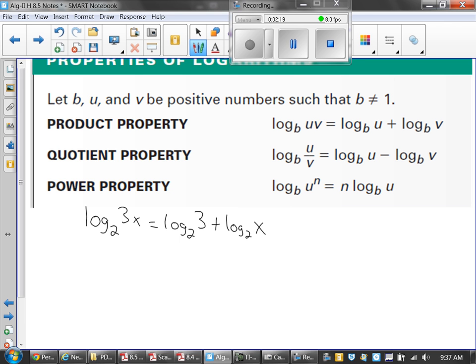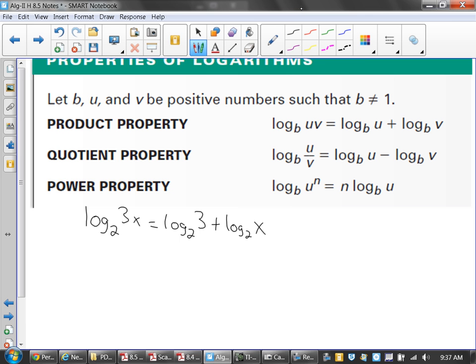If I look at the quotient property, it's talking about division. When we're talking about division,